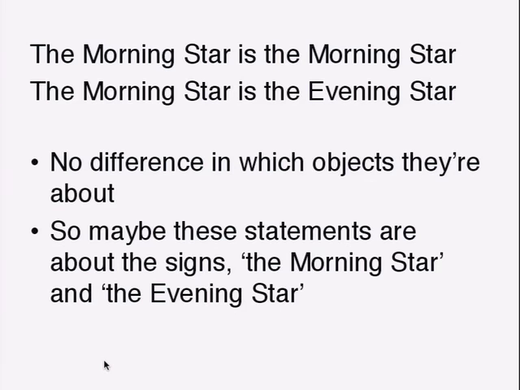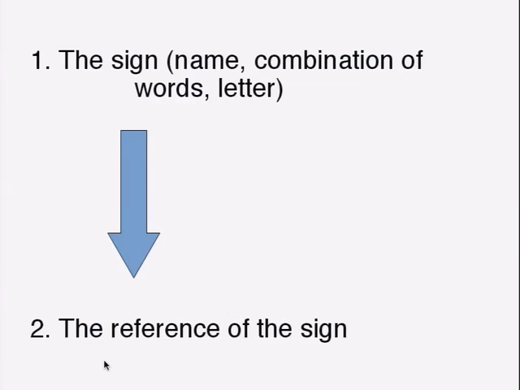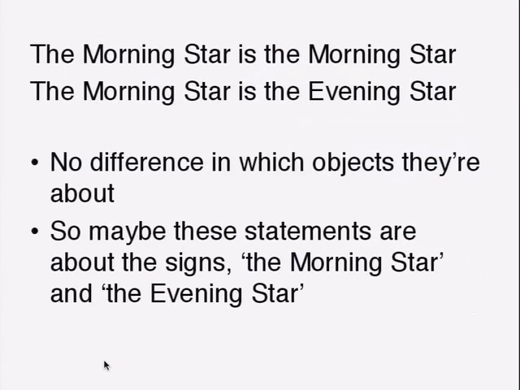Okay, but look, this is my trick. How did I get from something uninformative to something informative? I took a sign that refers to the planet Venus, and I replaced it with another sign that refers to the planet Venus. So there shouldn't be any difference between these two, if all there is is the sign and the object. I took one sign that refers to an object, took a different sign that refers to the same object, and just replaced this one with that one. I didn't make any difference in the sentence. You see what I mean? So how did I get from something uninformative to something informative? That is the puzzle. There must be more than the reference.